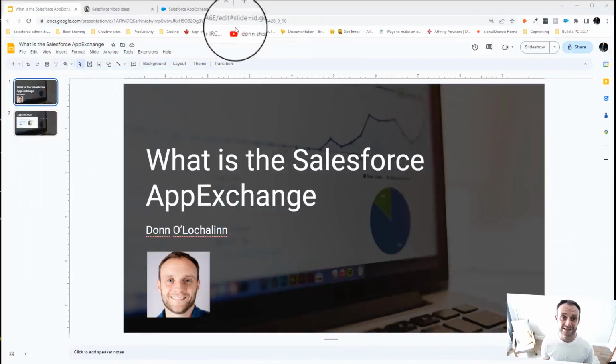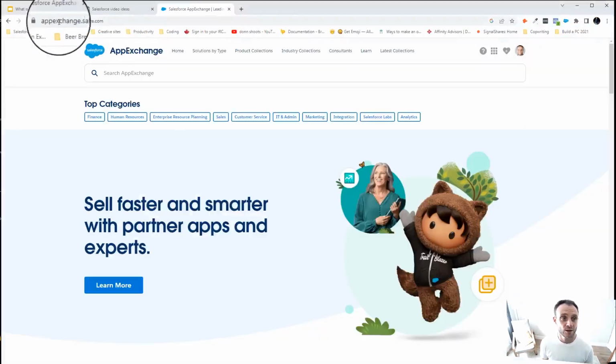So if you start asking questions about does it do this, does it do that, odds are somebody has already asked that question of Salesforce, or they've thought about it themselves and come up with a solution. So that's the problem that Salesforce AppExchange solves for. So we're just going to jump in really quickly into the Salesforce AppExchange. And you can find that at